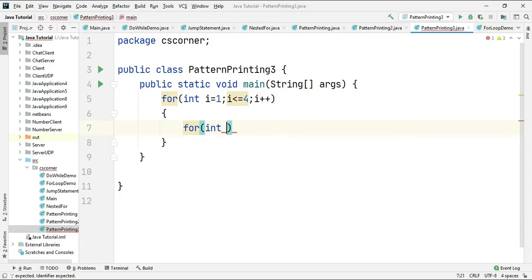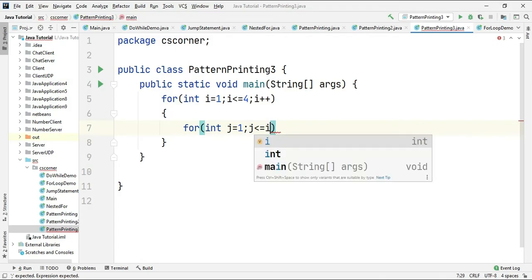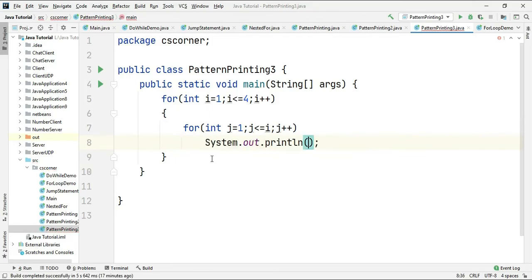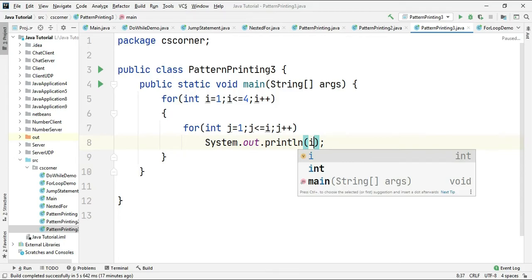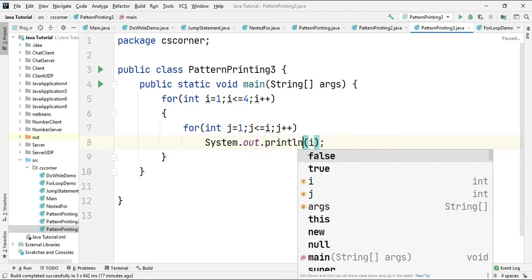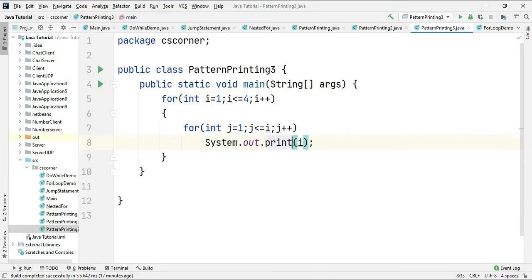The pattern, whether you want a forward pattern or a backward pattern, you want a proper triangle or you want an inverted triangle. So here I'm creating the j variable, initializing it with value 1, and since I want a forward triangle or proper triangle, I'm writing j less than or equal to i and here j plus plus. And then after this I'm going to write the line for printing my numbers. So my numbers are there in the i variable, so I just wrote print i, and then I'm going to remove this ln because I want to print it on the same line.